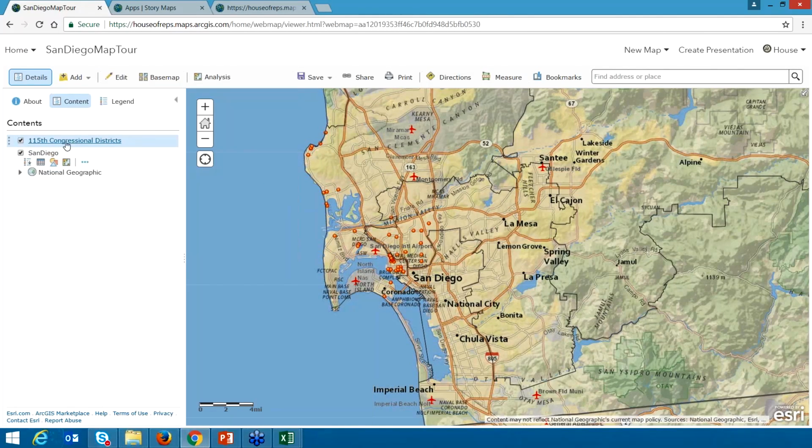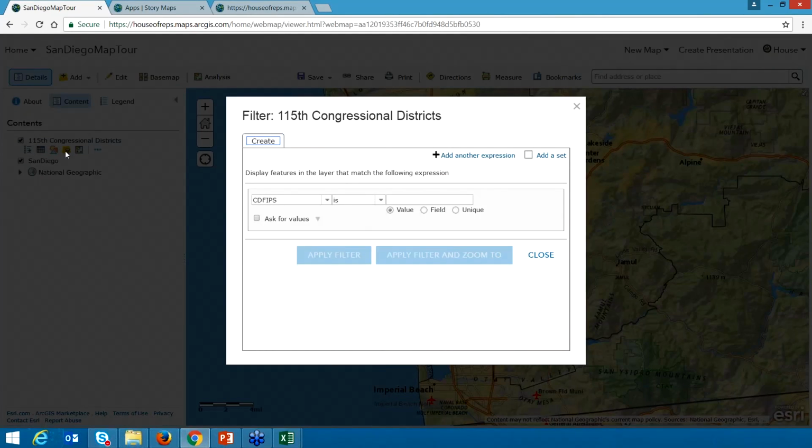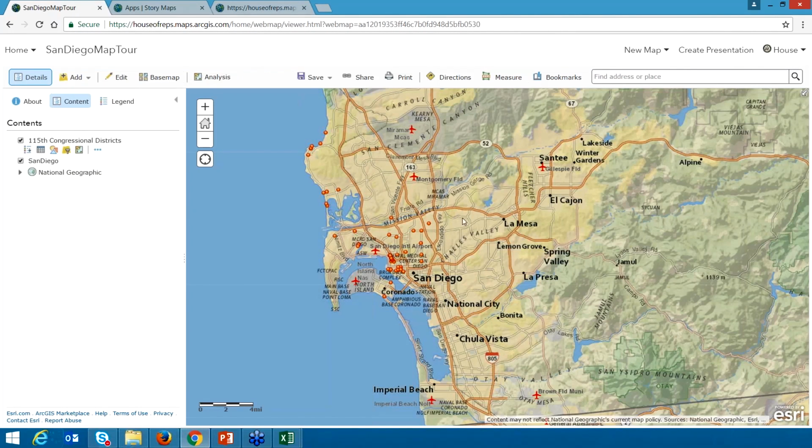And then for this layer over here in my contents, I'll go to the option to filter it. So I use that little yellow button with the filter in front of it. And I'm going to choose to display features that match the expression where the district ID is, and then unique. If I choose the unique option, it'll give me a list of all of the possible district IDs, or I could just type it in, or if I can scroll down and find it, I should find 0652. So apply that filter,